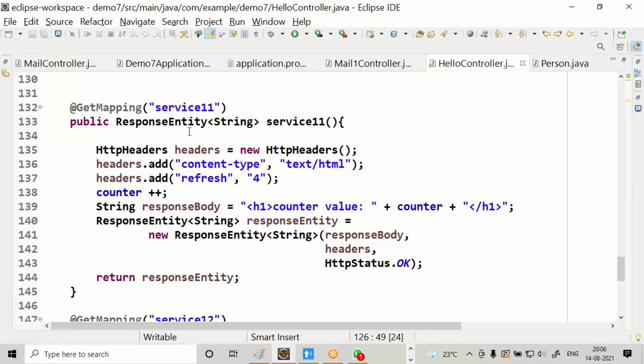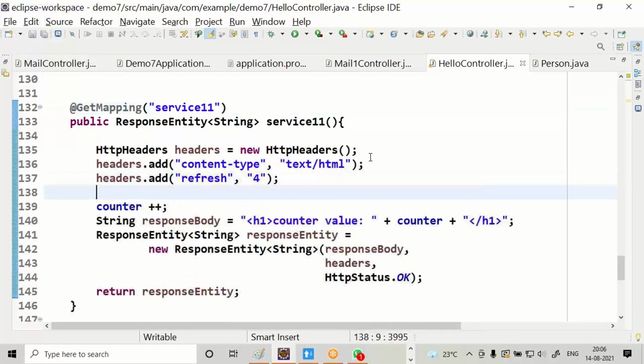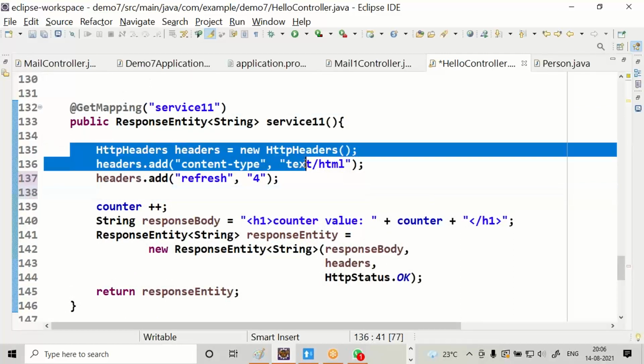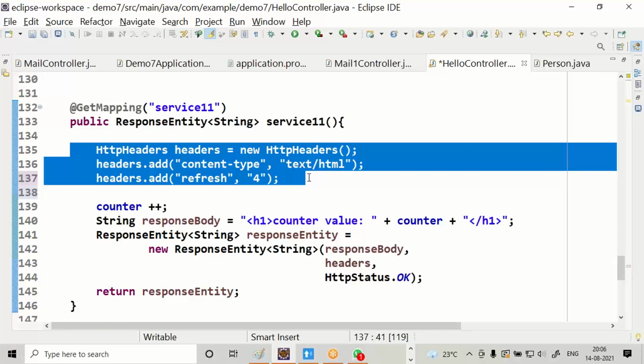Service 11 is also the same. In service 11, a separate HttpHeaders object is created.